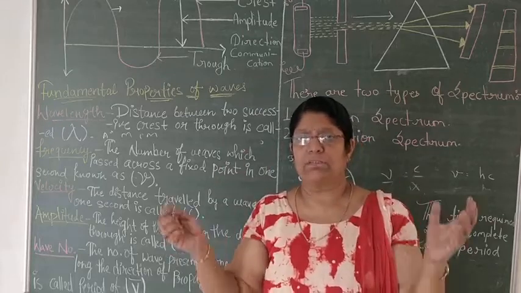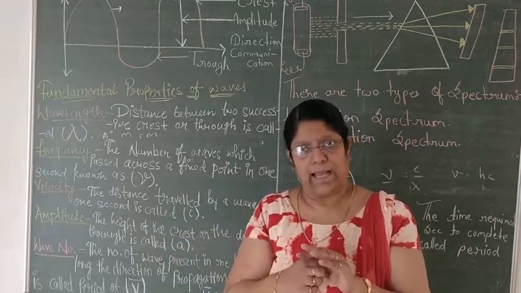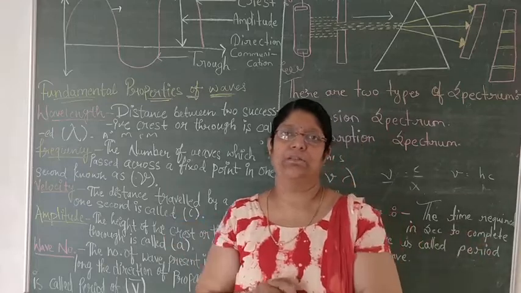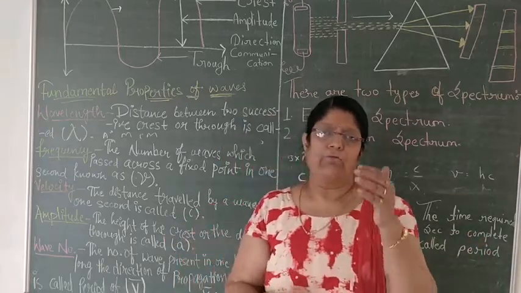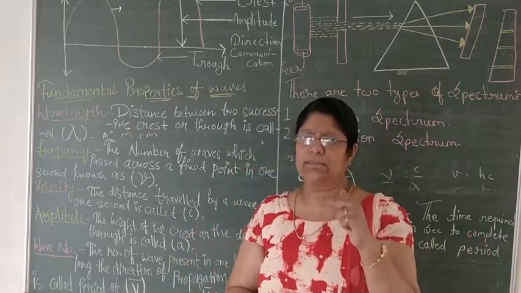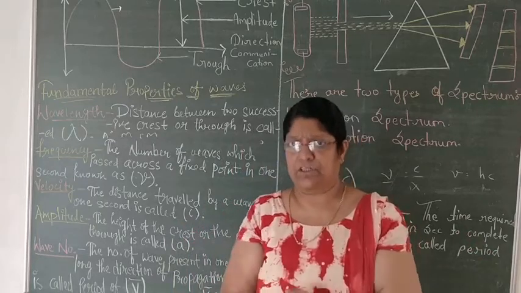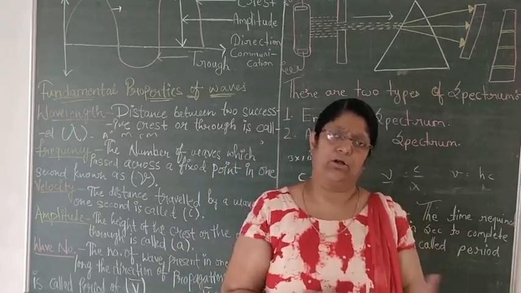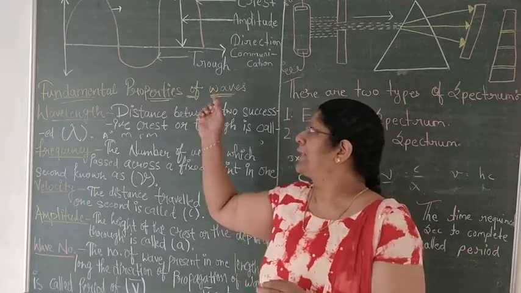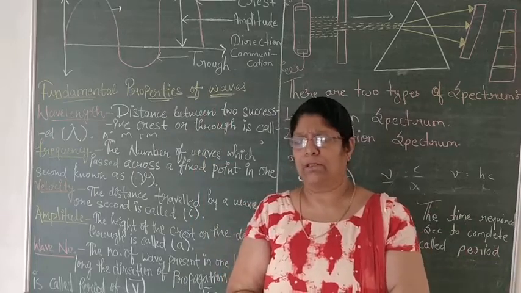The most common wave in our life is light. Light we are considering as a wave. So every wave has two properties. One is interference and second is diffraction. In physics you will get the detail of all this. But in chemistry, at least we should know what is electromagnetic wave.